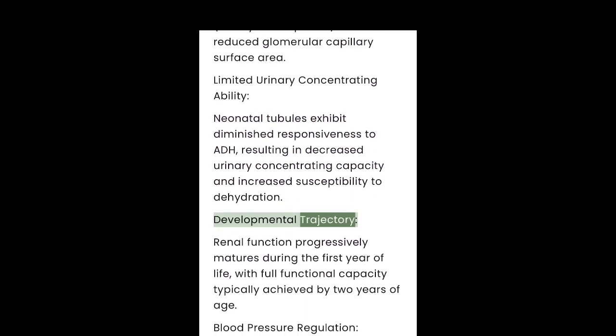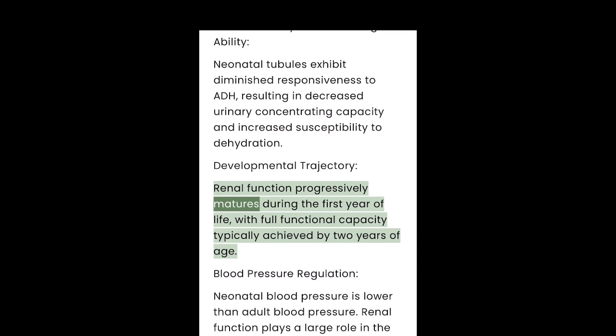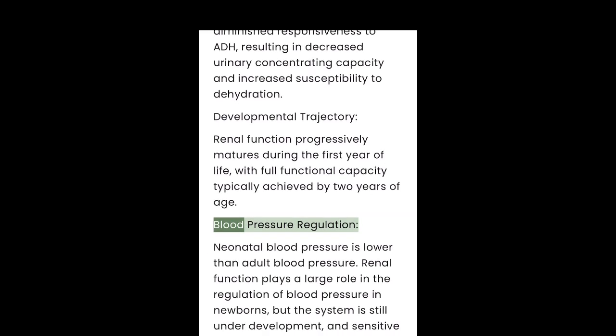Developmental trajectory. Renal function progressively matures during the first year of life, with full functional capacity typically achieved by 2 years of age. Blood pressure regulation. Neonatal blood pressure is lower than adult blood pressure,